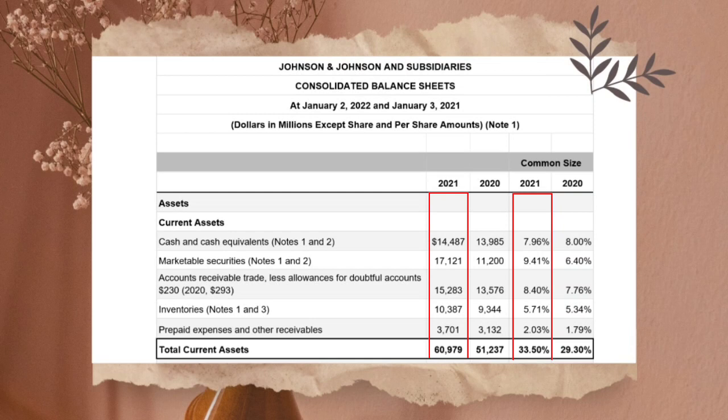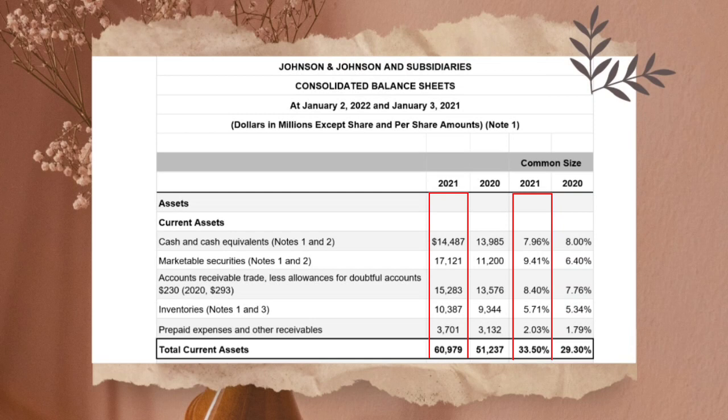Accounts receivable, trade less allowances for doubtful accounts. We have $15,283 divided by the total assets, $182,018, multiplied by 100, we will get 8.40%. Next is inventory, $10,387 divided by $182,018, multiplied by 100, we'll get 5.71%. Prepaid expenses and other receivables,